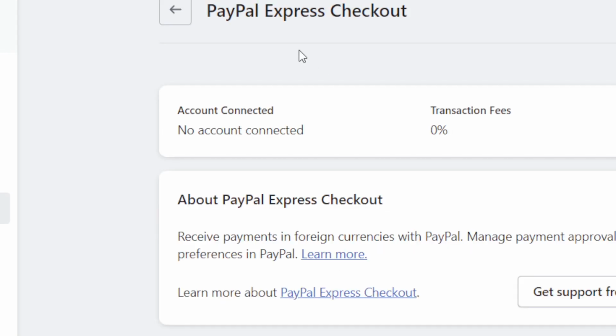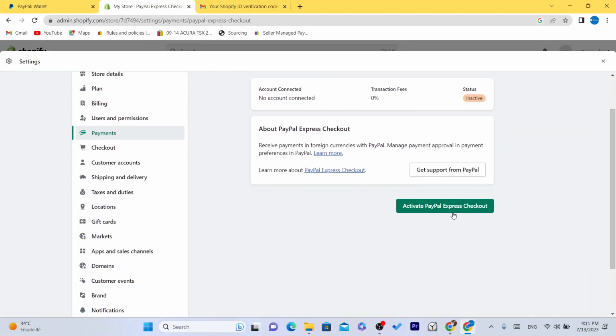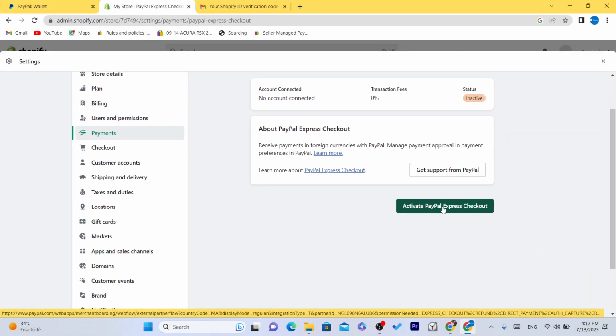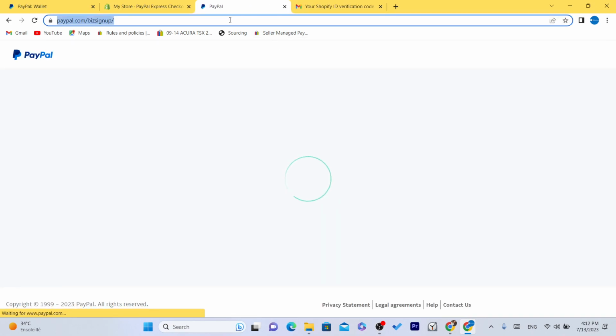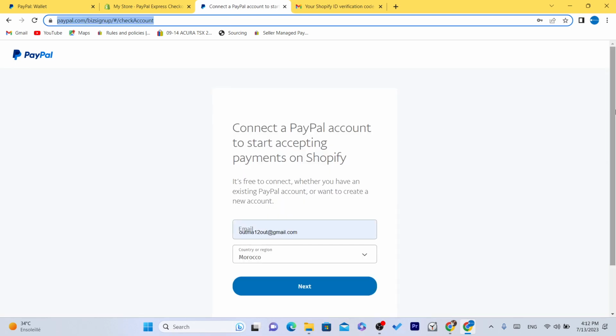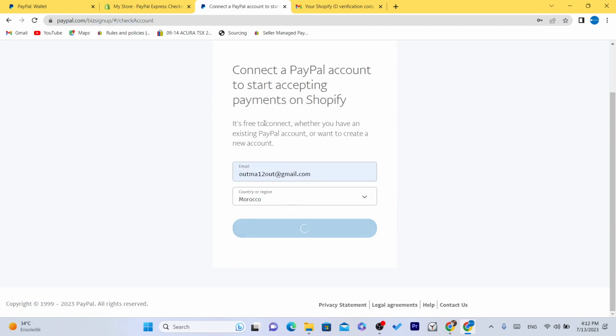activate PayPal. So after you click on activate PayPal, guys, you want to click on activate PayPal Express checkout so that people will be able to pay using PayPal. Okay, and you will receive your money. So click on activate PayPal Express checkout, click on I'm not a robot, and you just want to click confirm, stuff like that. So click on next,